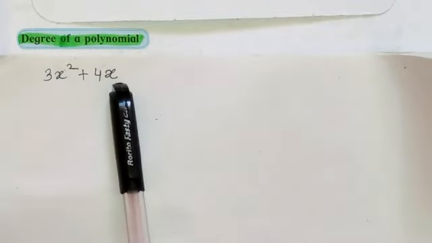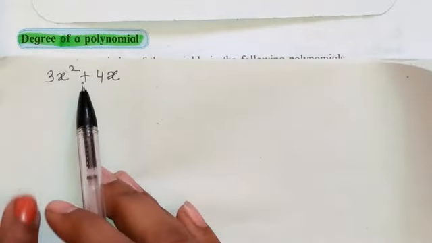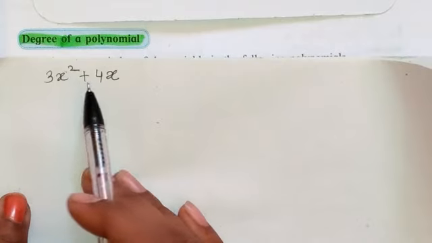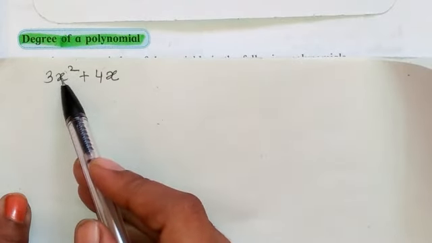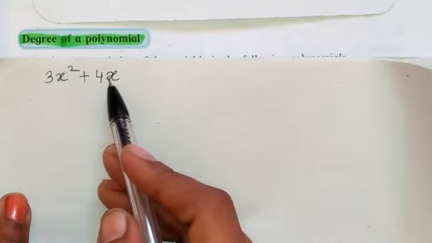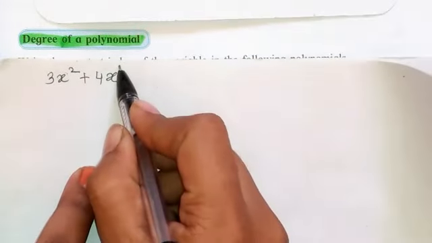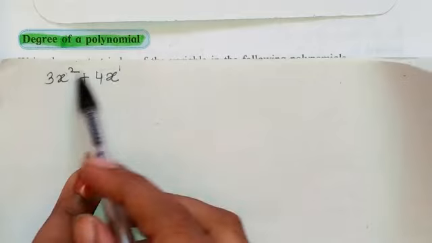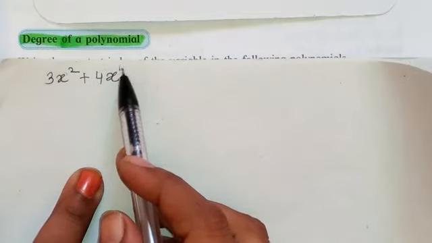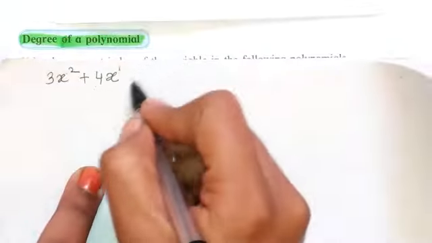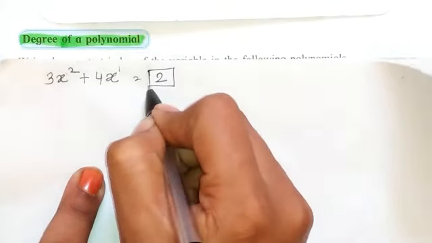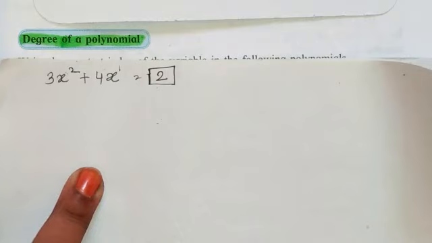Now students, let's see another most important concept, that is the degree of a polynomial. Suppose this is one example of a polynomial, because in both terms the variable is the same one, that is x. So in this expression, if you observe very carefully, the index number of the first variable is 2, and here the index number is not given, it means it will be 1. So among these two index numbers, which is the greater number? Yes, 2 is the greater number. So this 2 is nothing but the degree of the polynomial.